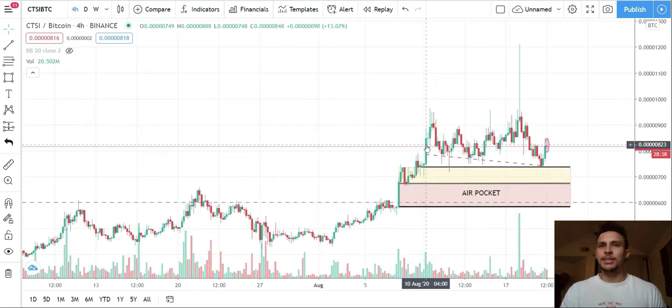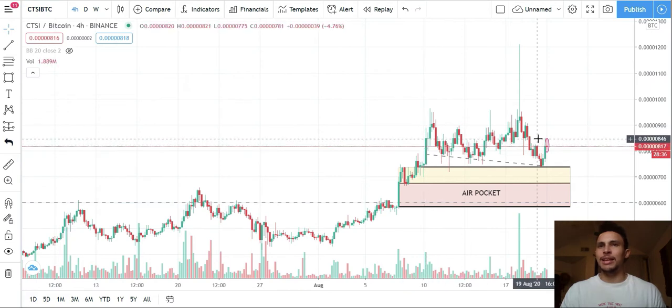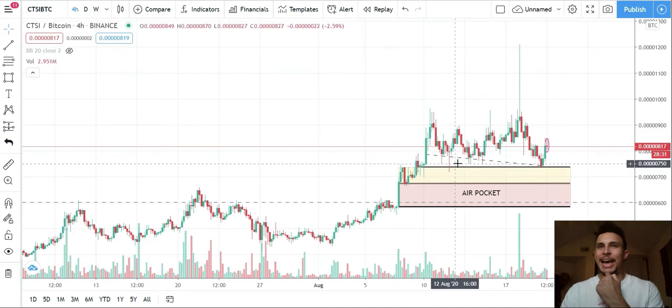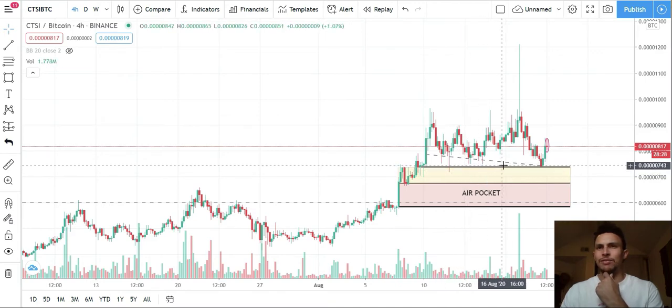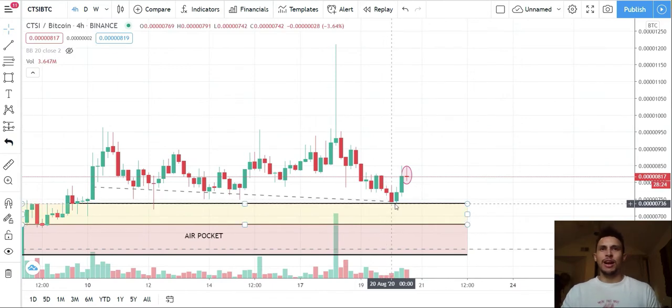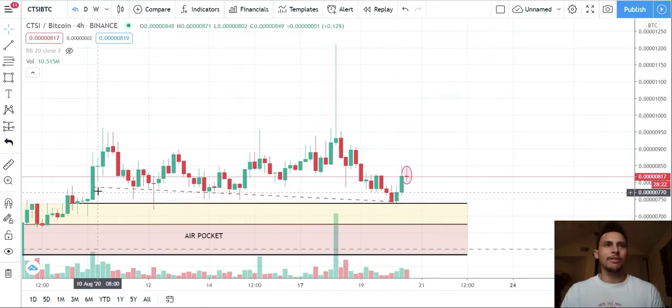It's been ranging since the 10th of this, so about 10 days. It's been in this sideways range. It keeps touching and wicking at this bottom support line that I've drawn here. I've even come so far as a body touching that line. If you notice, guys,